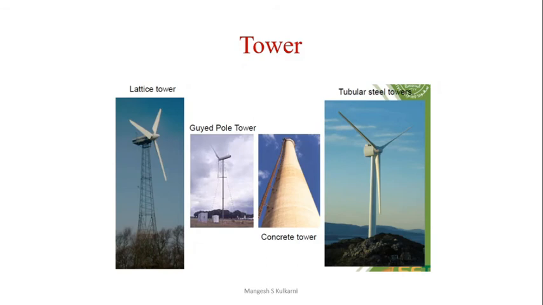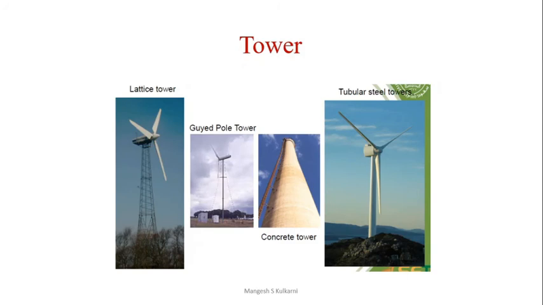Choosing a correct tower height is most important for a wind power plant. Two most important considerations in planning the tower height for a wind turbine are: first, avoidance of turbulent airflow produced near ground level by the roughness of the terrain over which the wind flows, and second, avoidance of excessive ground drag, which lowers wind velocity near the ground and severely restricts the performance of the wind turbine.